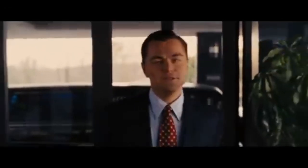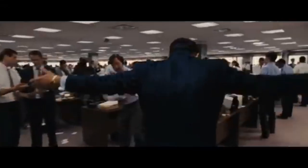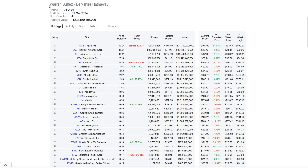Investors with over $100 million in assets are called super investors, and thankfully the government requires them to reveal their portfolio movements every quarter. And so first of all, we will jump to Warren Buffett's portfolio, the Berkshire Hathaway, and we can have a look at the portfolio movement in the first quarter of 2024,